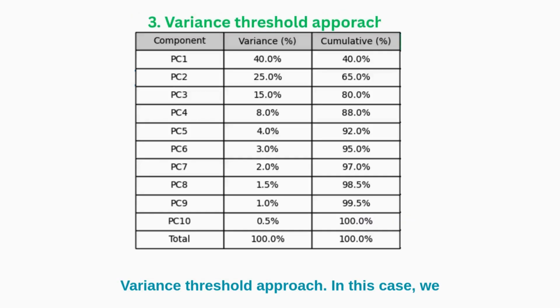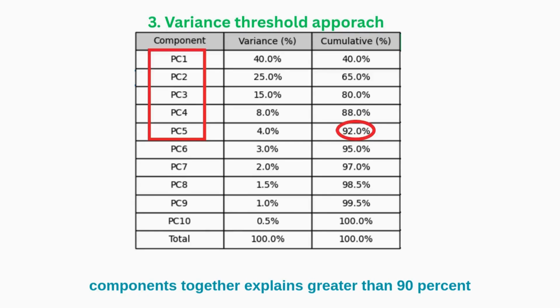Variance threshold approach. In this case, we select components that explain at least a minimum amount of variance in the data. For example, if someone wants to retain 90% of the information from the original data, we sum up the explained variance of the principal components until the cumulative total is 90%. The first 5 principal components together explain greater than 90% of the variance. So we keep the first 5